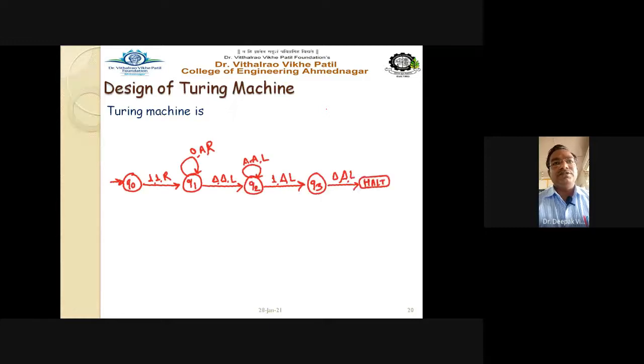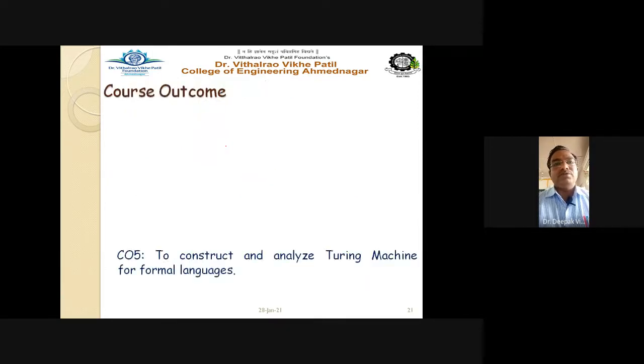So the Turing machine is designed in a simple way: Q0, Q1, Q2, Q3, right? On Q0, input 1, output is 1, go to the right hand side. On Q1, input is 0, convert it into capital A, move to the right hand side. On Q2, input is 1, the leftmost one, convert it into capital delta and move in the left hand side direction, and the remaining transitions are marked here. Getting this point? This is the way to solve the examples with the help of Turing machines.